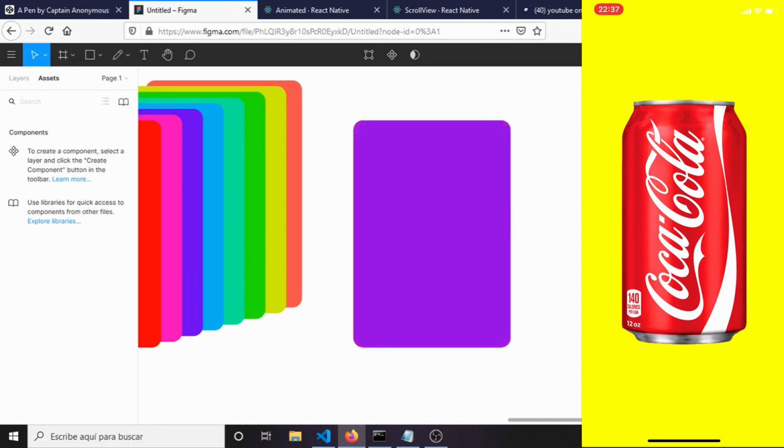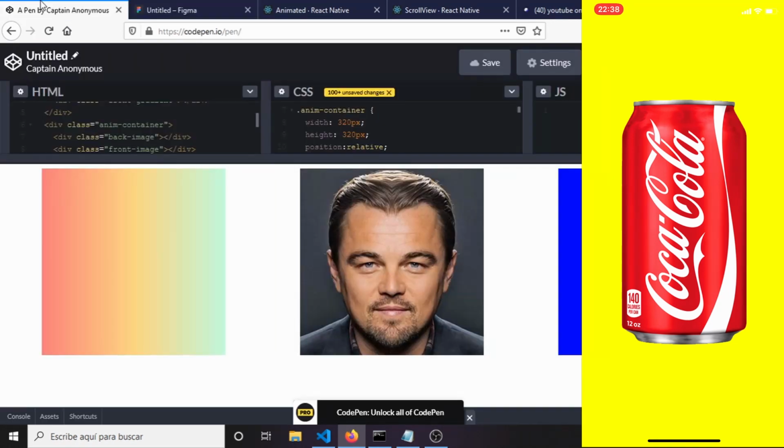It does the same. We're just animating the opacity of the component who is on top. So as we can see here, if you have tried to animate a linear gradient to transform into another linear gradient in web development or in React Native or whatever, the easiest way is to put two divs, one on top of another, and just animate the opacity of the one in the top. As we can see here, it looks really amazing. It's just a simple animation of the opacity, but it looks so good,